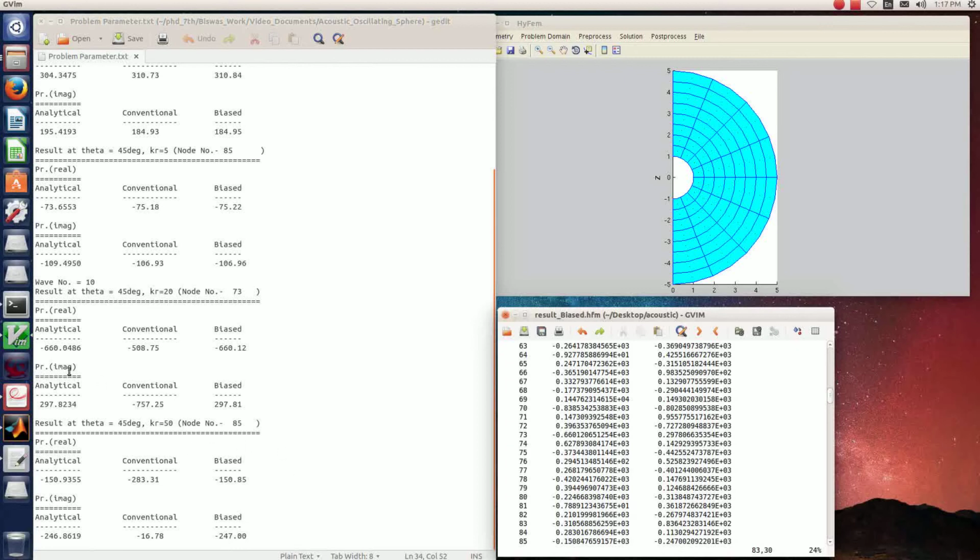So now you can see the analytical column and the biased element column. For both real and imaginary pressure, for both near field and far field, the biased element can predict the pressure very accurately.